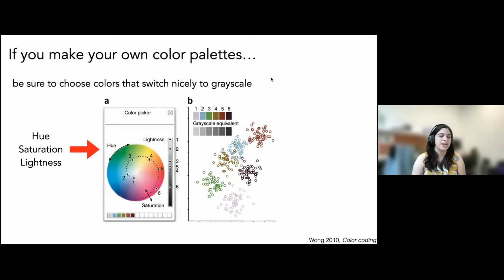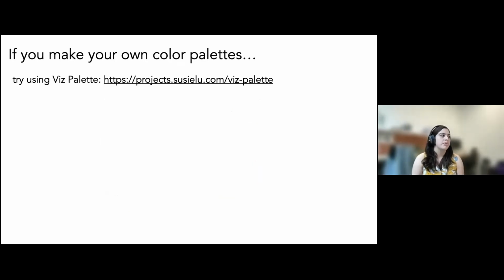This is something that I think is beyond what many people would think about when making figures. So I don't know that this is a great starting point, but if you want to do it right, this is the way to do it. What I would suggest, and what I have done in the past, is a combination of this method, spiraling out on the color wheel and varying lightness and darkness, and then making your palette and putting it into some sort of online